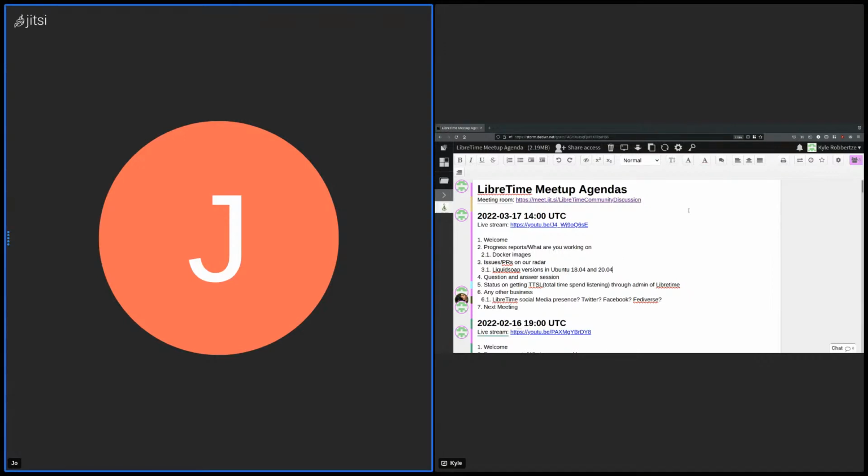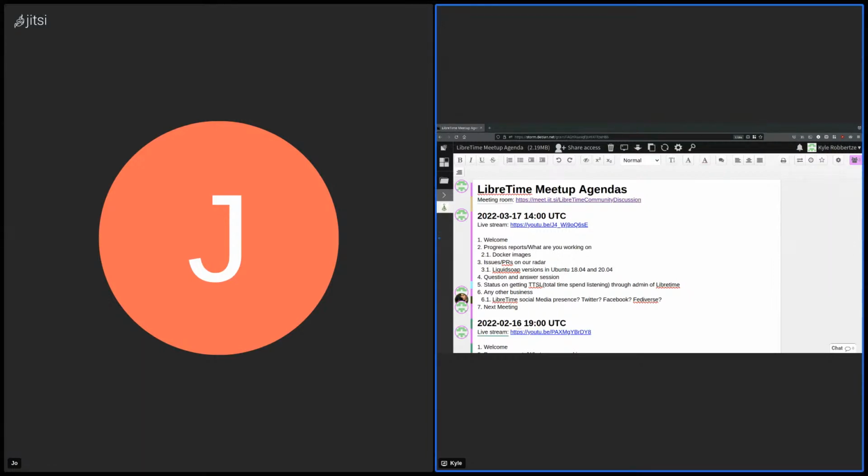Have you tried to go the other way around, like starting from the Liquidsoap base image and embedding our playout system into it? I haven't even started looking at it yet. That's probably the way I would go, because then at least we can fix Liquidsoap to a specific version and build around that, which would be nice. But yeah, that's probably the way I'll go.